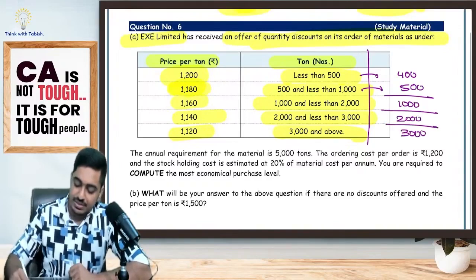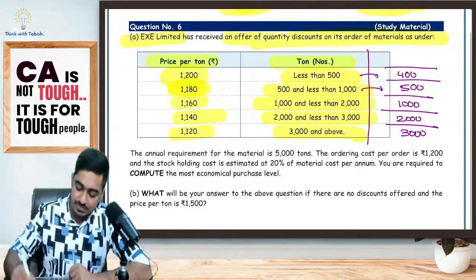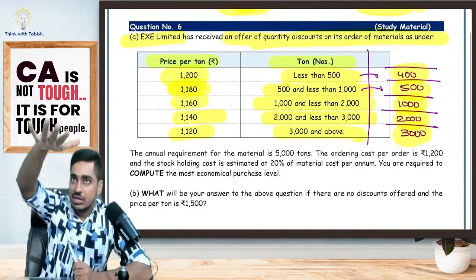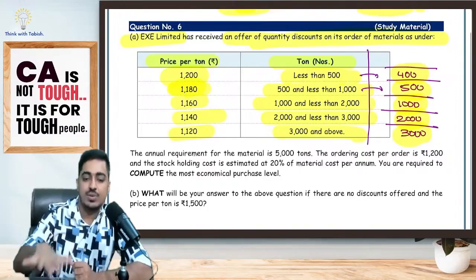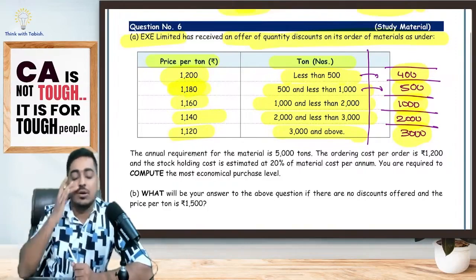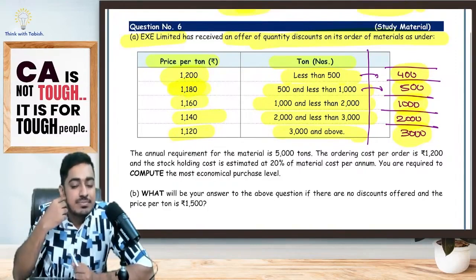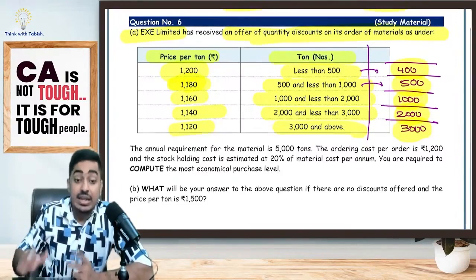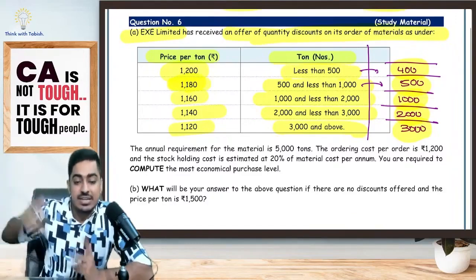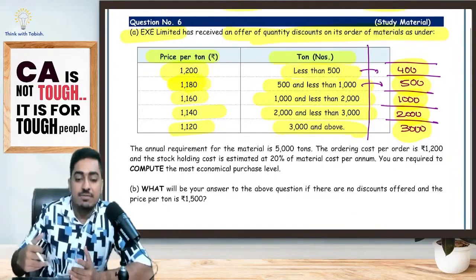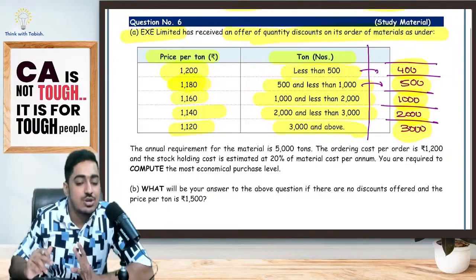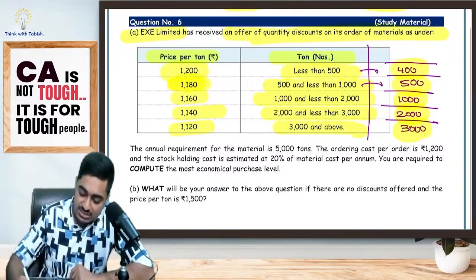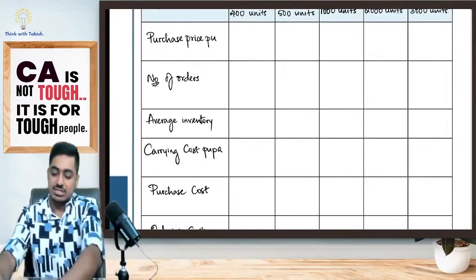That means altogether how many options am I having? 1, 2, 3, 4, 5. 5 options I am having. In each of these 5 options, I will see purchase cost, ordering cost, carrying cost. I'll add, I will get the total cost. Wherever my total cost is minimum, that is my most optimal level. Yes or no, everyone? Is this clear? Now, in real life, I will use Excel, where I can see every option. But in the examination, I'm having a limitation. Because of that, in every option, I'm taking one point only. Why, what, all of that I've explained in the concept video. Here we are just solving questions. So shall we solve the questions, my dear students? Pay attention.